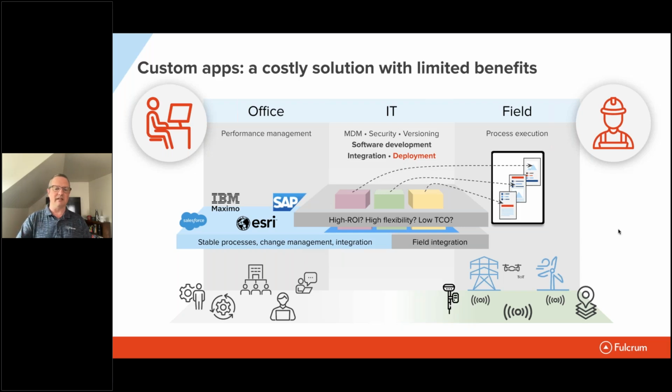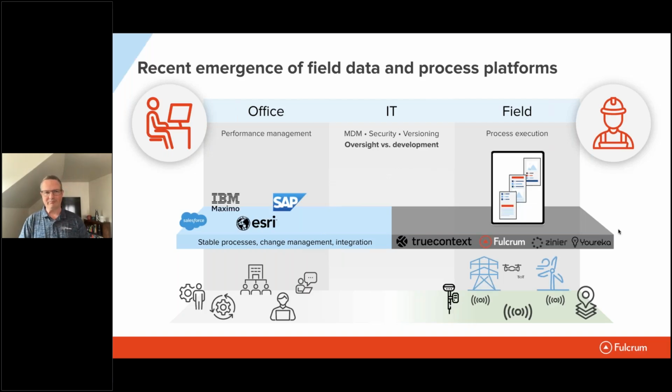And ultimately, you're still not connecting into those field tech capabilities that they really need to make their jobs even more efficient. That's why there's been an emergence of field data and process platforms. And I'll be the first to say that Fulcrum is not the only company doing this. There are others out there. And no, you shouldn't buy from them. You should buy from us because I'm a marketing guy for this company. But I think if you look at what we're trying to accomplish, this